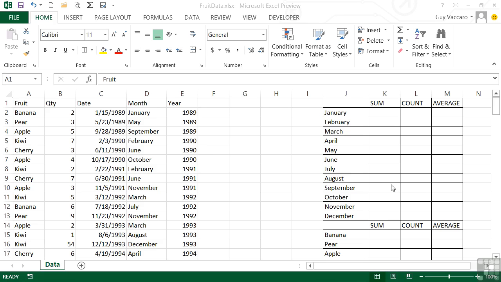Taking our fruit data file, we have a set of data on the left here that goes all the way from A1 to A150, and it's a set of different types of fruit, how much of each fruit was bought on particular dates, and then from that date we can define the month and the year that that purchase was made. Now if we wanted to add up all the fruit that was sold, we would simply add up the